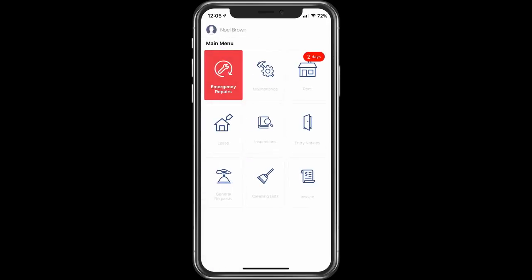So there you have it. That's the LJ Beenleigh Tenant App. If you haven't downloaded it as yet, I strongly suggest